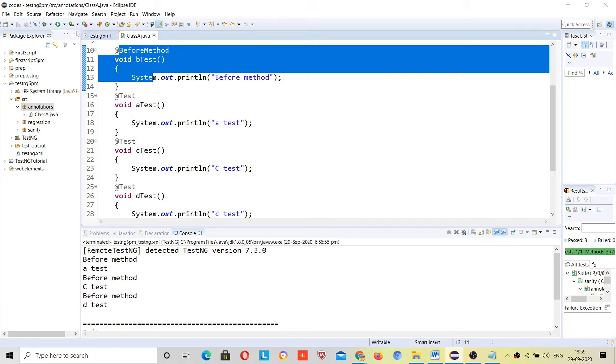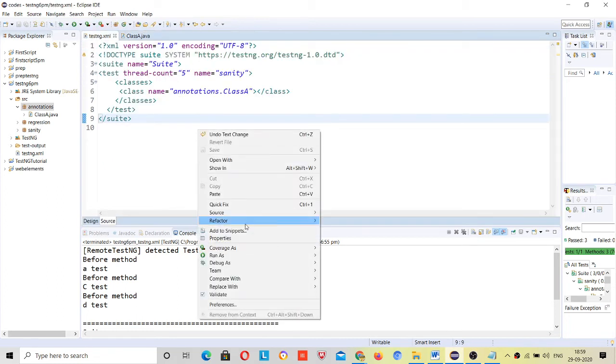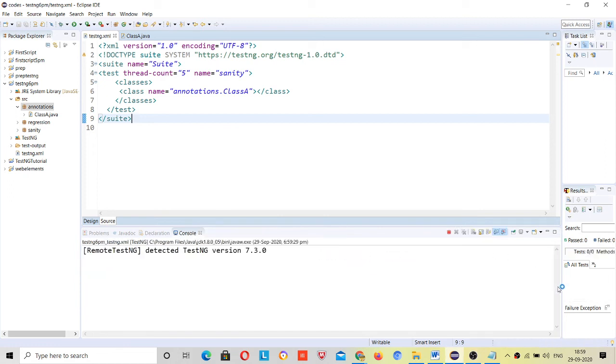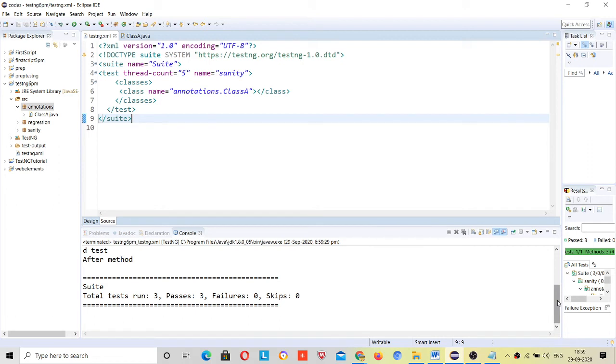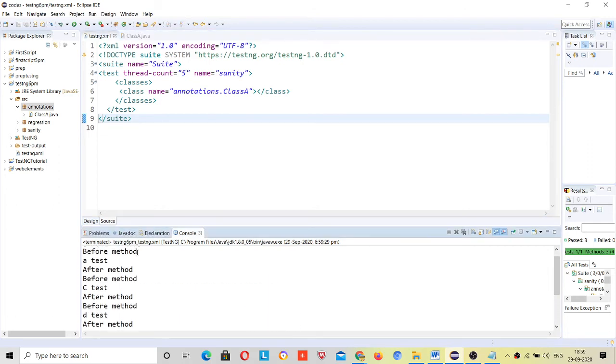So this is the mechanism. I will run this and let me show you. After running every method, it will run after method. See, before running A test, it has run before method, and after running A test, it has run after method. Before running C test, before method and after method, before method and after method, every test, right.